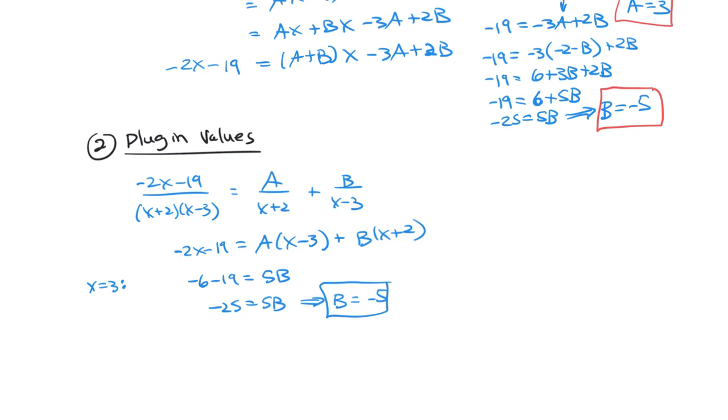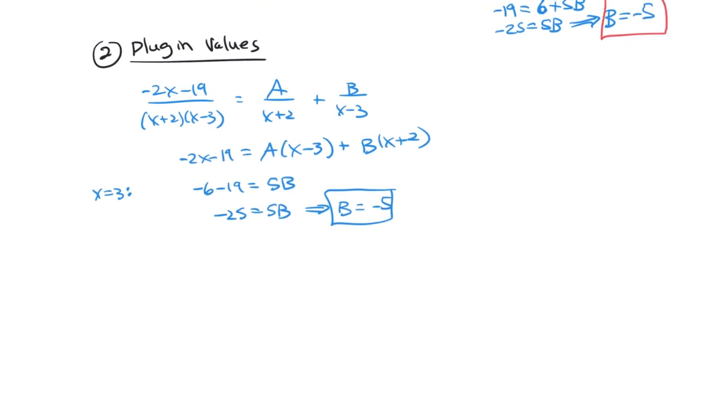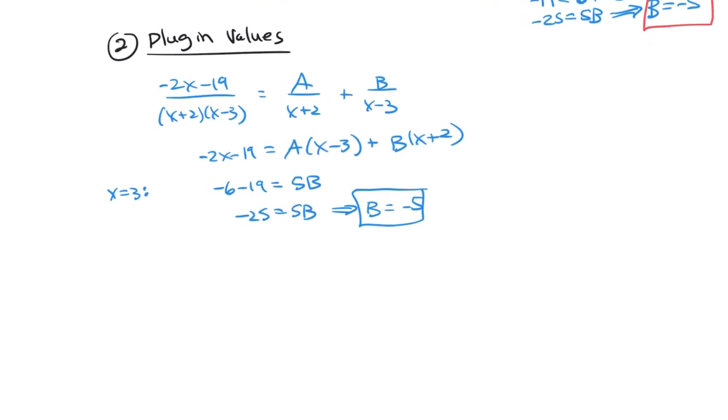Okay, and then to make another easy one, I'm going to pick a -2, to wipe, or sorry, over here. If I pick a -2 here, it will wipe this term out. So then I can find a. So let's let x equal -2. So x equals -2. And then I go right back up here, plug -2 in. So -2 times -2 is +4. So I get 4 minus 19 equals,